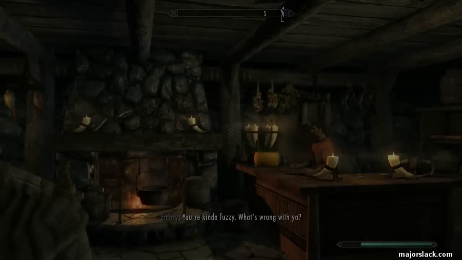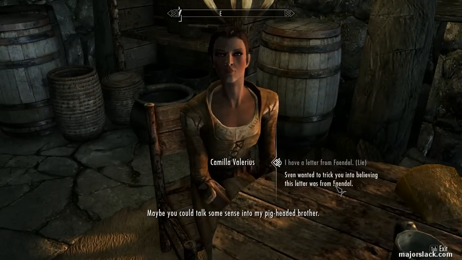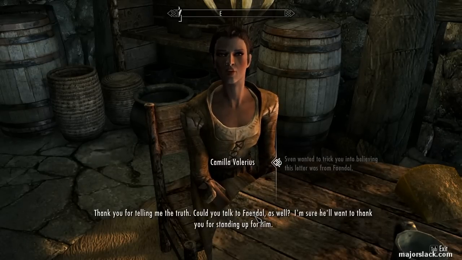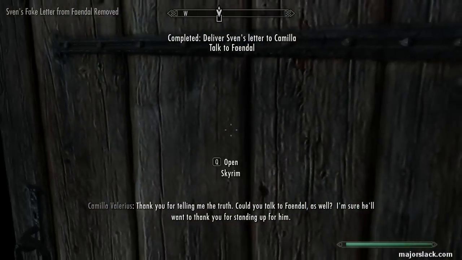Let's go over to the Riverwood Trader. This is pretty routine stuff. Go over to Camilla. Maybe you could talk some sense into my brother Sven, who wanted to trick you into believing this letter was from Faendal. What are you talking about? Yep. Oh my. Thank you for telling me the truth. Could you talk to Faendal as well? Can do. I'm sure he'll...